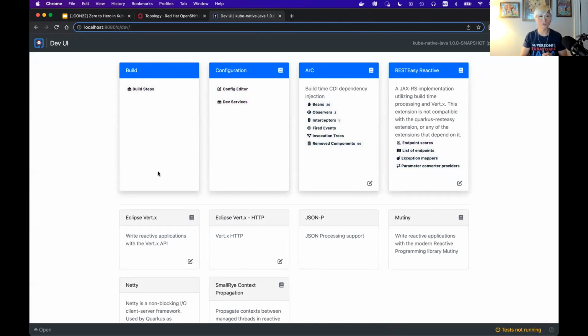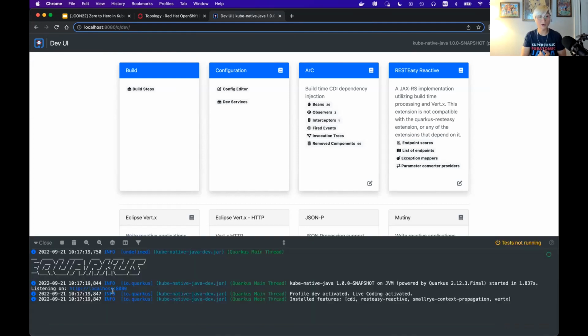So for example, you may have already added a bunch of dependencies, which we call Quarkus extensions, and sometimes you cannot remember which extensions and dependencies are already embedded in your Java project. So this showcases it in a graphical way, and also you can open the read-only terminal window, just like here. And then once you see tests are not running, you can click on testing, and it automatically starts